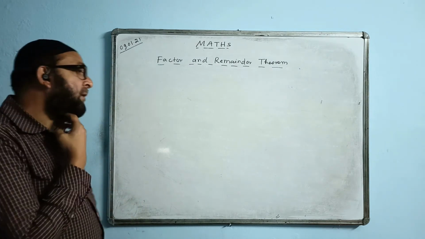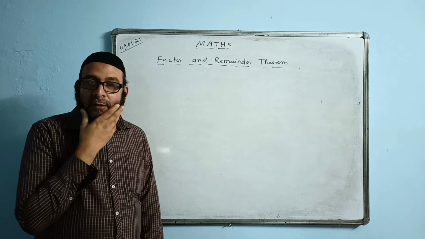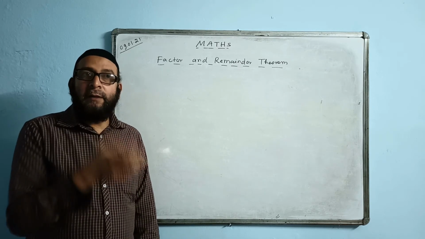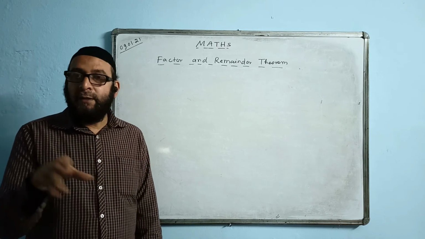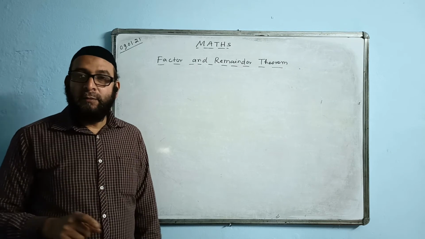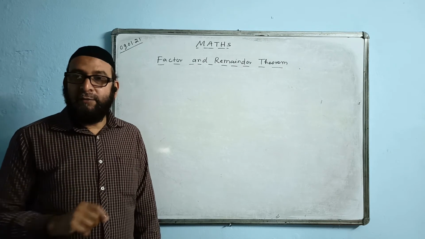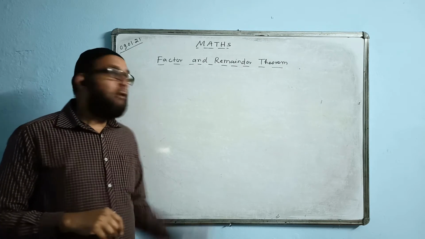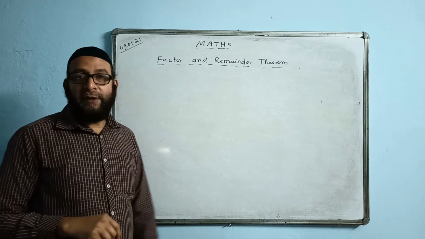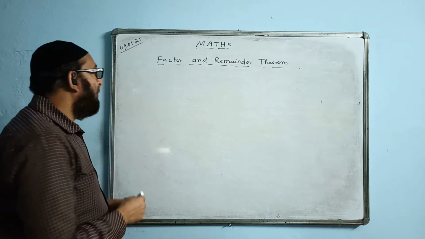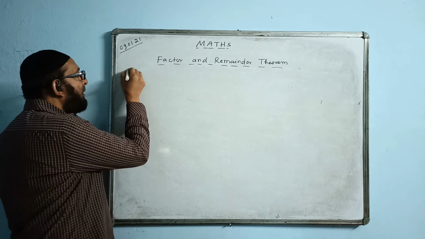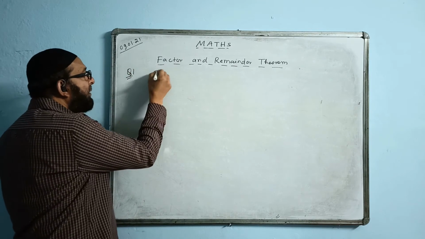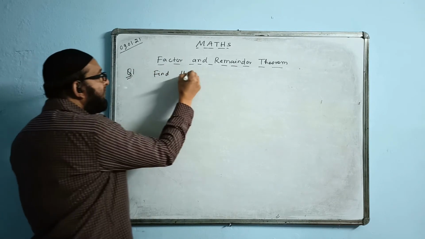In factor and remainder theorem, they will give an expression and they will ask you to find the remainder when the expression is divided by some variable. They will give the divisor, and without actually dividing, they are asking you to find the remainder. So, for example, take a question: find the remainder